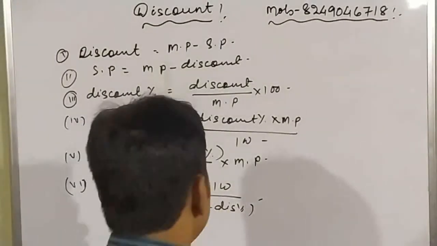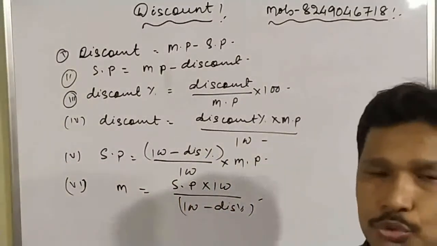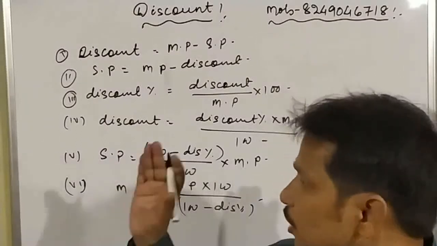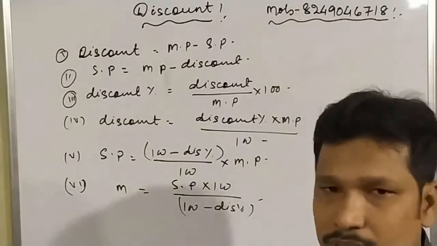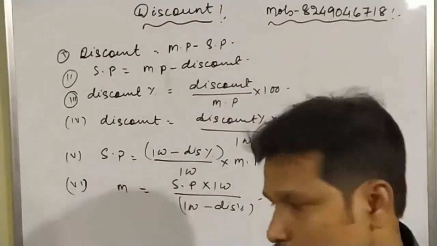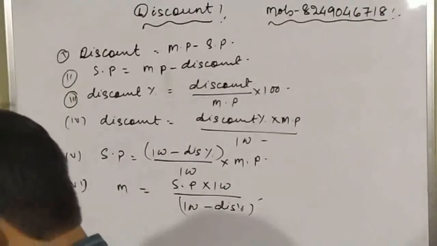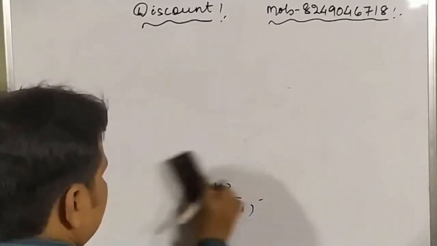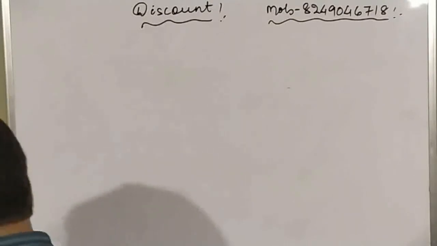Okay student, these are the formulas which we will use in the chapter discount. We have already learned about these things, and now we will solve some questions. Okay students, so I am erasing these things. So my first question is,